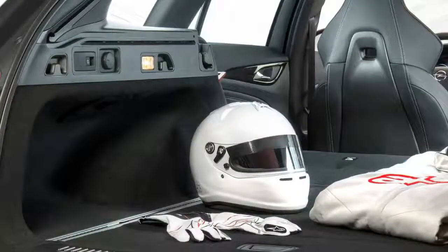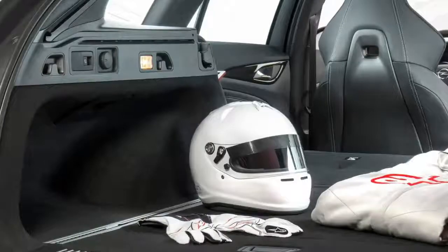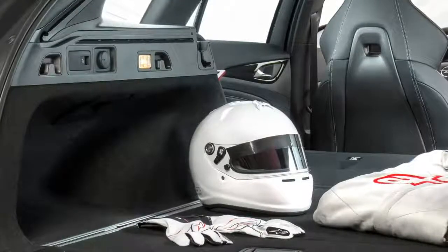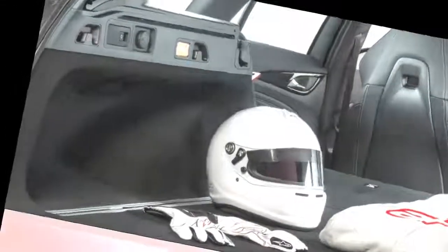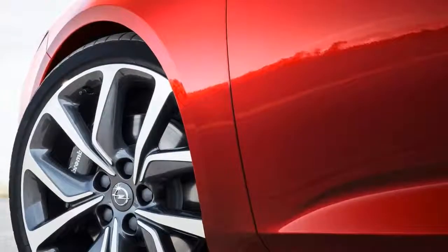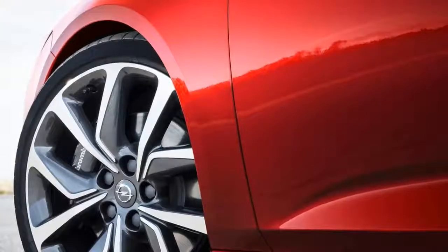The foundation for maximum driving fun and effective performance output is the all-new GSi chassis. Shorter springs lower the sporty station wagon by 10 mm compared to the normal Sports Tourer. Special sports shock absorbers reduce body movements to a minimum. The standard flex ride chassis adapts shock absorbers and steering in fractions of a second. The system also optimally adapts the calibration of the accelerator pedal and the shift points of the 8-speed automatic gearbox